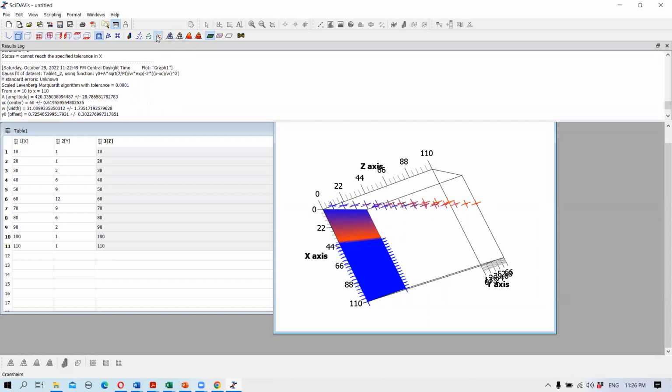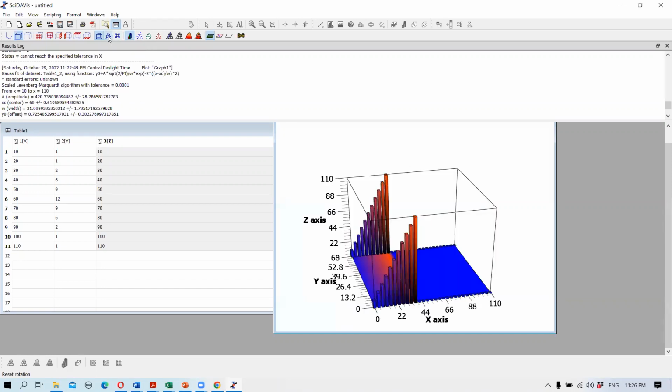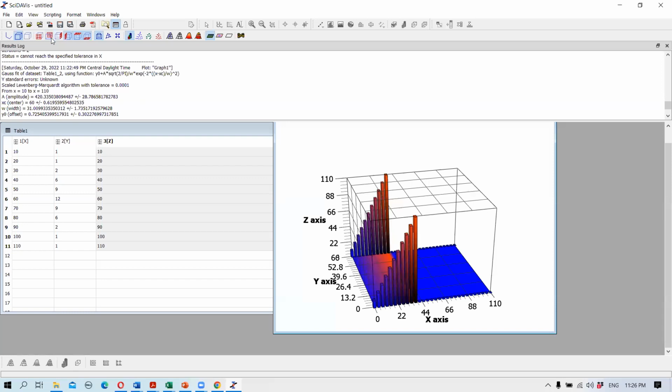I'm not really going into details about some of these options because not even us working on some of these extremely complex three-dimensional graphs, but you can try these options and see how you can plot a three-dimensional graph, especially if you have three axes,